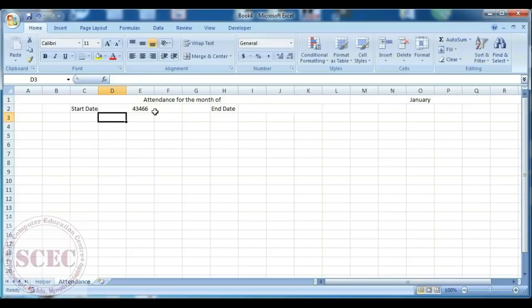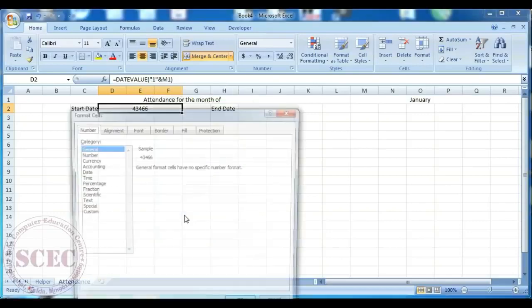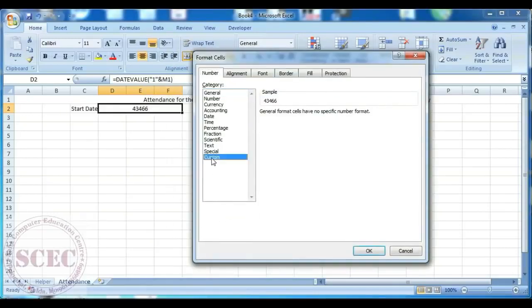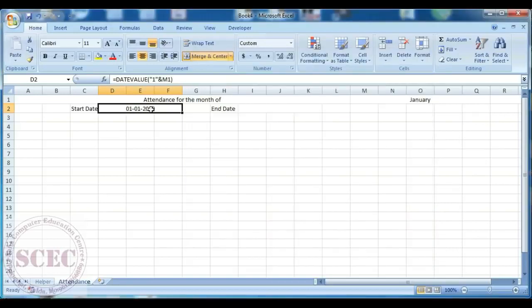Press enter, you will get the serial value of the date. Now we have to format it as a date. To do this, right click and click on Format Cells. Here go to Custom and replace General with DD-MM-YYYY. So we got the start date.